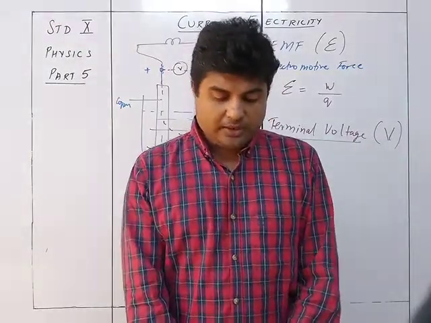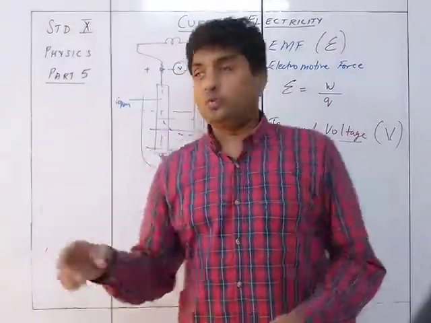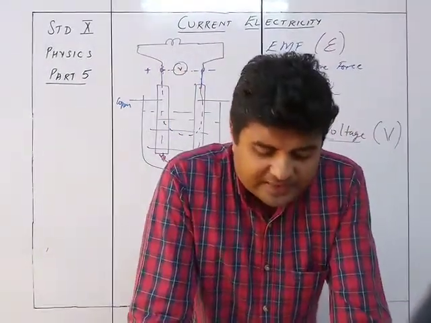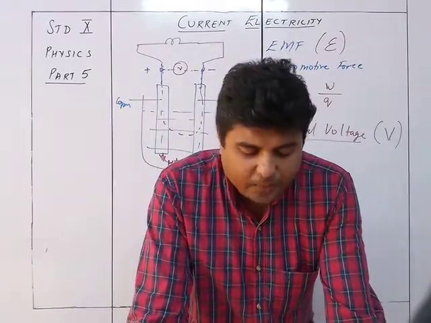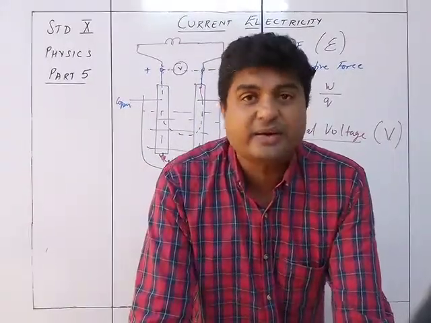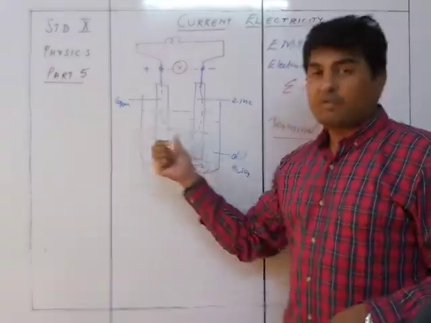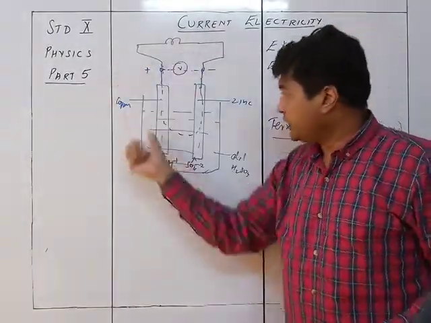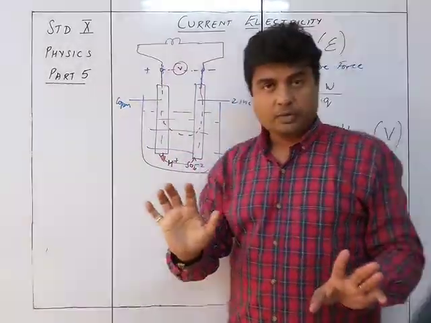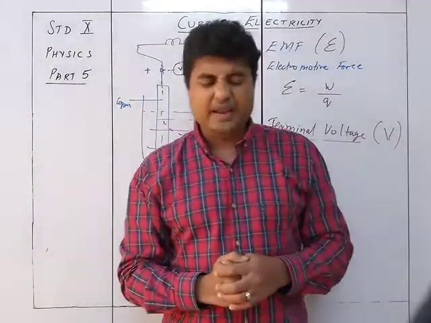and it is expressed in volts, of course. The terminal voltage of a cell is defined, work done के हिसाब से क्या होगा? Just allowing it to not inside but just outside. So the terminal voltage of the cell is defined as the work done by unit charge in carrying a positive charge around the circuit connected across the terminals of the cell. So it is just the circuit outside the cell, not inside. See, EMF में यहाँ से भी work done था. Work done is moving from here to here completely. Whereas in terminal voltage, only work done from here to here. That's it. Okay. So that is the difference between terminal voltage and the EMF.